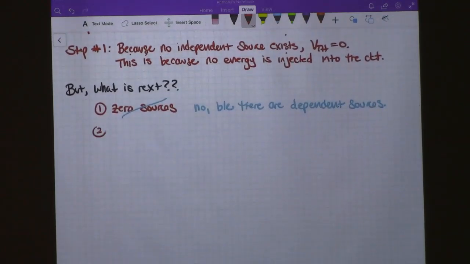So what about the other method? What about the short circuit test? Which is what we used in the last problem. And that also doesn't work, because what we'll end up with is